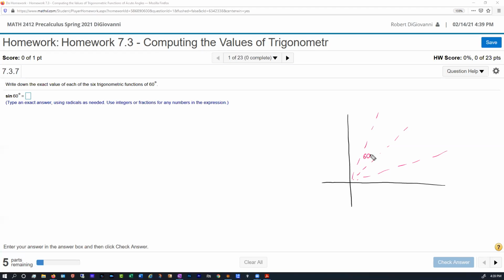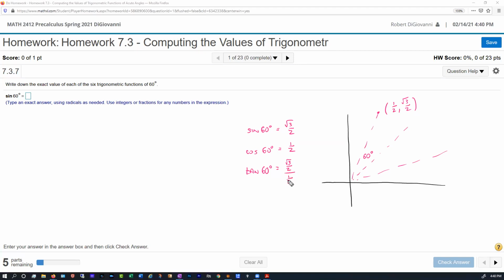And here's 60 degrees, and we know that the ordered pair, the point that corresponds to this, is 1/2, square root of 3 over 2. And so sine of 60 will just be the y coordinate. Cosine of 60 will be the x coordinate. Tangent of 60 will be sine over cosine, or you could say the y coordinate divided by the x coordinate,